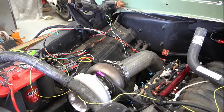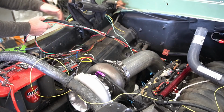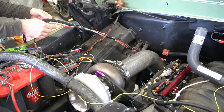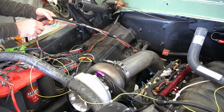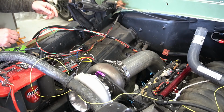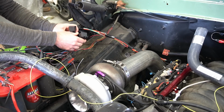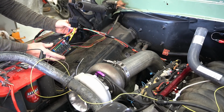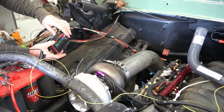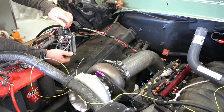Trying to get the Holley Terminator system plugged in. I've got this whole mess of wiring coming out of the cab, and it has the fan signal wires and the fuel pump signal wire in it, a constant power source for the ECU, and then a switched power source for the 480E down there. The fuel pump main power comes up here with this, so I'm trying to get it all routed. I've got a couple relays stuck up here temporarily. I bought this Bussmann box to stack in 5 micro relays and then 10 fuses. I bought it because it has a bus on each side of it, but I'm not sure that I want to use this box